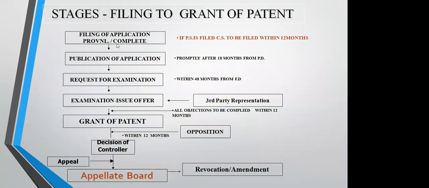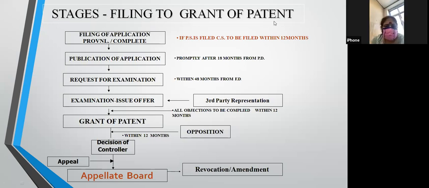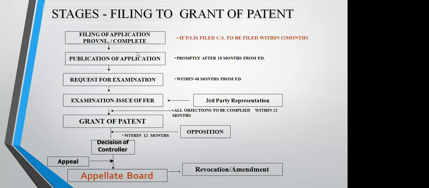This is the stages of the patent application. Initially, you have to submit provisional specification and complete specification. After 18 months, your patent will be published at the patent office website automatically. But if you don't want to wait for 18 months, then you can request for the early publication. For early publication, you have to submit the early publication fees. Then your patent will be published within 1 month from the date of the filing, and within 48 months from